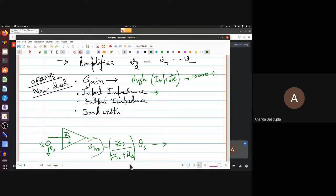On the other hand, if Zi were 100 ohms, then if your source were 10 ohm impedance, you would get 100 by 110 of Vs, almost all of Vs. But when your source impedance is 100 ohms, you will get only half of Vs. It's not that we are really worried that the gain is going down. We are more worried that if you change your source, the behavior of your circuit is going to change. A gain which may be acceptable for a low impedance source, if you change it to a high impedance source, you may end up with too small a gain for the circuit to work. That is where the problem really lies,